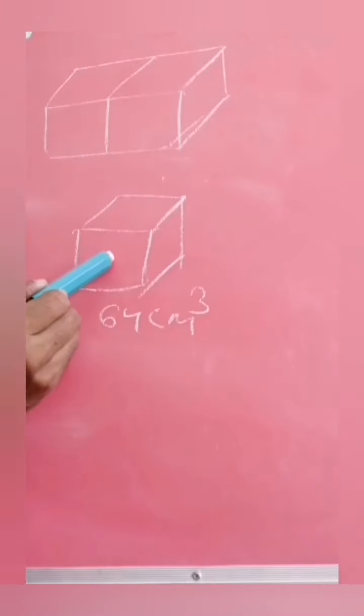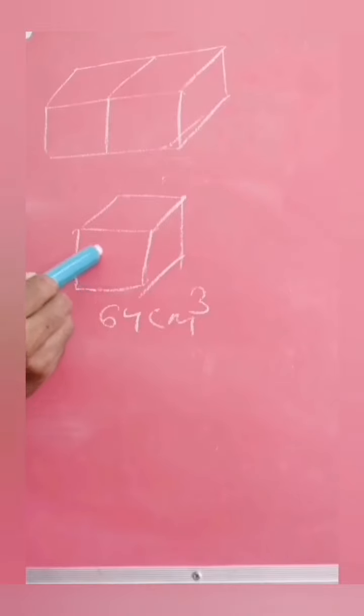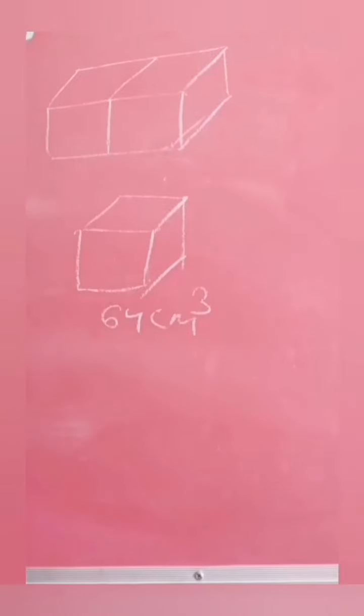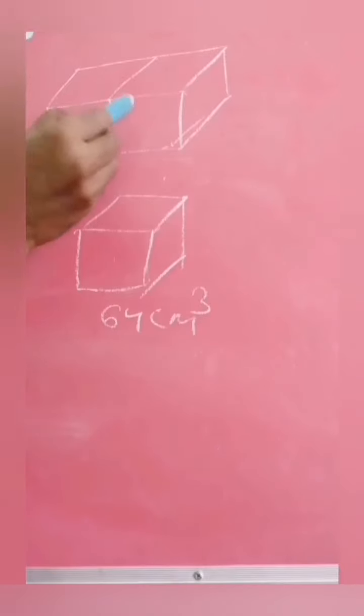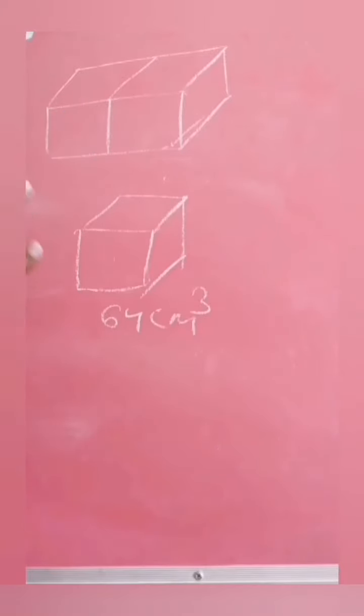Here, for this cube we have 6 faces. Each face is a square, so it is 6a². But here two faces, one face from the first cube and another face from the second cube, are hidden. That means only 10 faces appear here. That means 10a² will be the answer, but it is not a systematic process. We have to do it with an elaborate process.